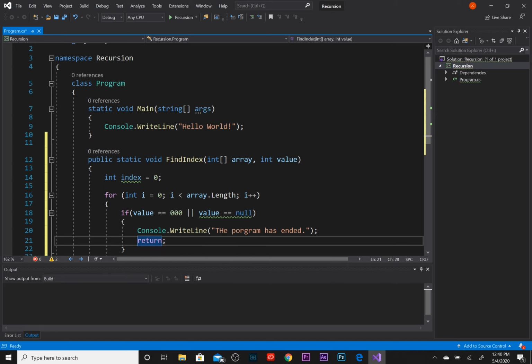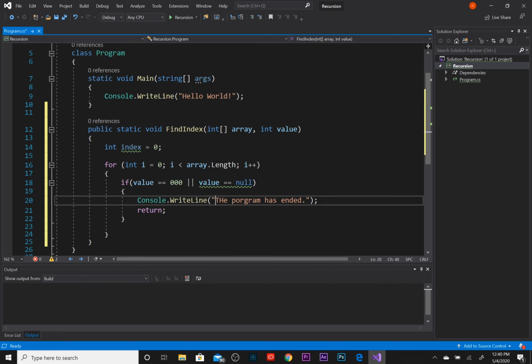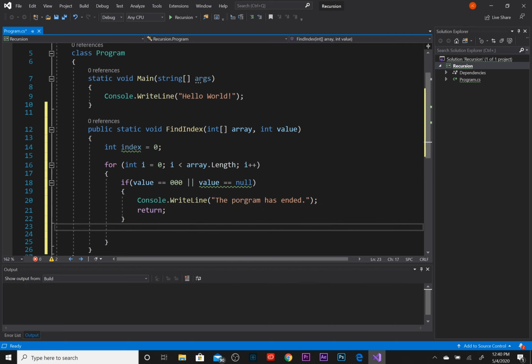So if the user types in a 000 or the user doesn't type anything in, we are going to end the program. We're going to tell the user that the program has ended. Else, if